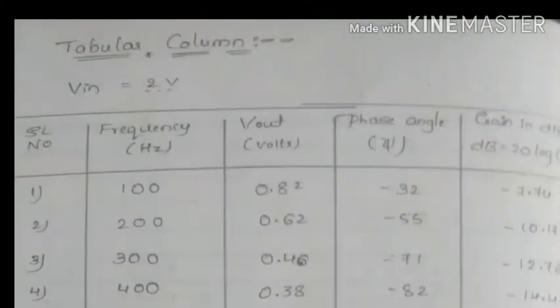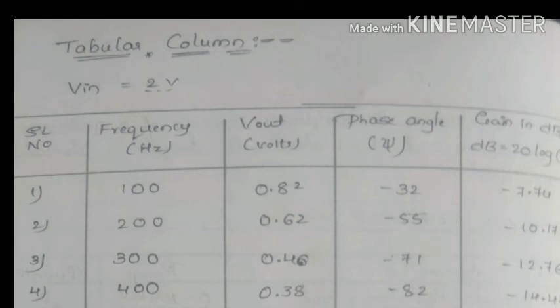From the experiment, for every frequency you are going to plot both the gain as well as the phase angle. The input voltage you have seen is to be set to 2 volt, and you need to calculate the value of the output voltage. Now you divide the output voltage by the input voltage and find the 20 log of that, you will get the gain in dB, that is needed to be plotted.